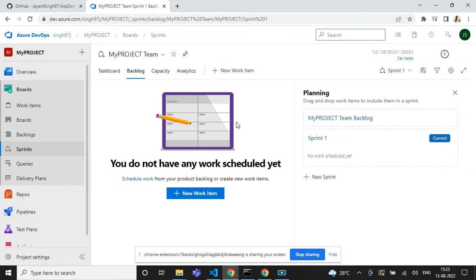So let's talk about what is called a sprint in agile. A sprint is a time-bound process in which you have to deliver a particular section, or piece, of software. Let's say this is the software, right? We are in Azure DevOps. So your team is working on the software,